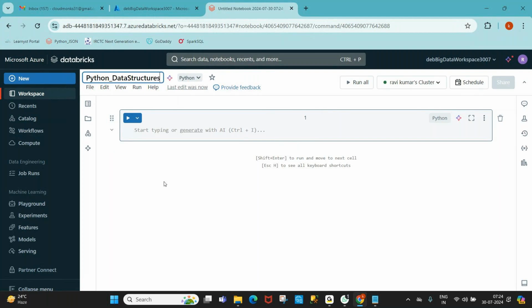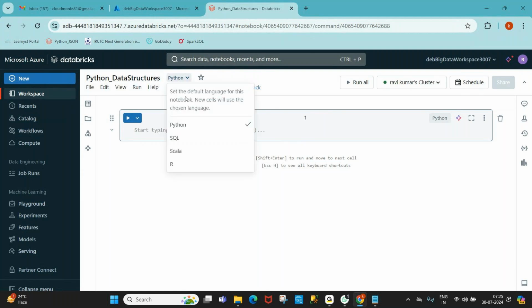Now, guys, remember when I'm creating this notebook, it is where you want to write the code. A notebook provides a document interface, an interface where you can write the code. Now tell me, sir, what is the default language associated with this notebook? Beside the notebook name, what language is it showing? Python. Beside the notebook name, Python.